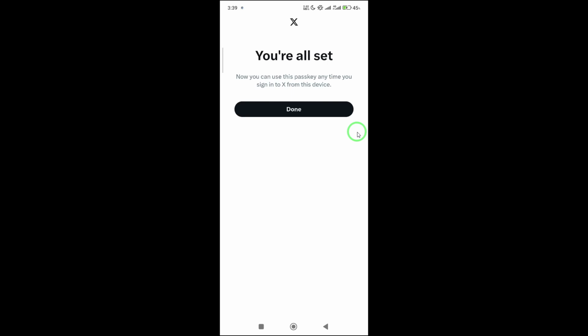If you ever switch to a new device, just repeat these same steps to generate a new passkey that's tied to that device. Activating a passkey only takes a few minutes, but it adds a strong extra layer of protection to your account. Whether you're using X for business, news, or just staying connected, having that extra security gives a